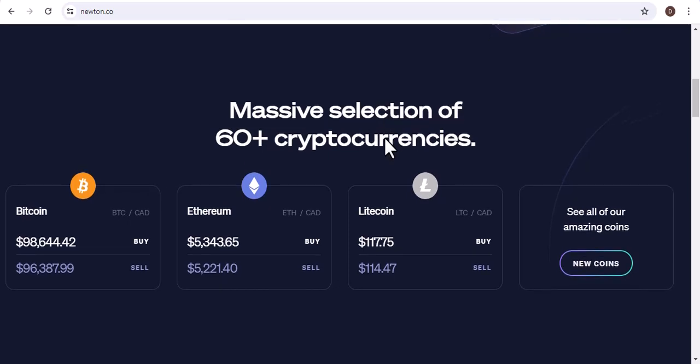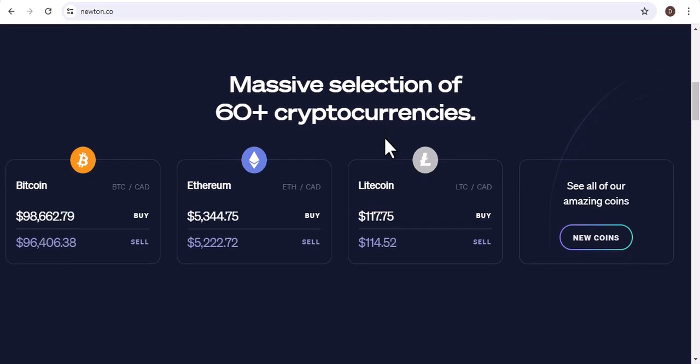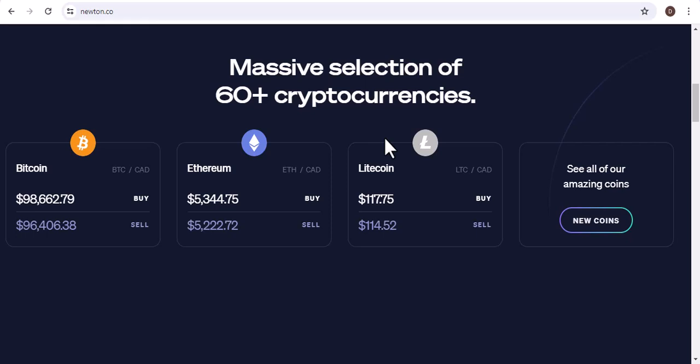Recovering your Newton account can be stressful, but by following these steps and remaining calm and methodical, you can regain access to your funds and get back to managing your crypto portfolio. Remember, security is a shared responsibility. By taking the necessary precautions, you can help protect your account from